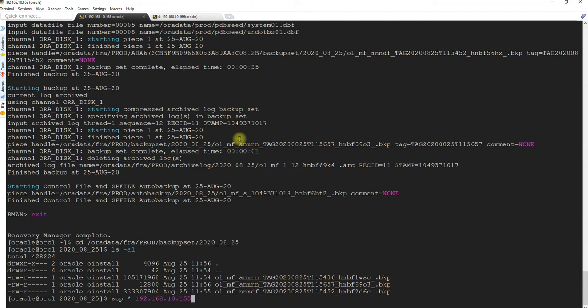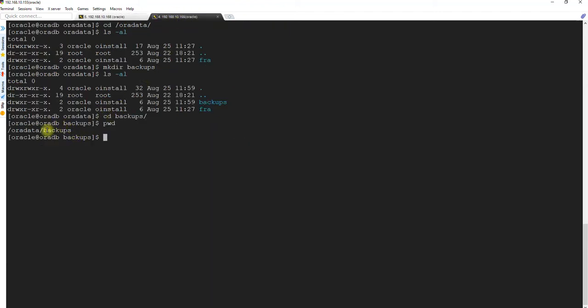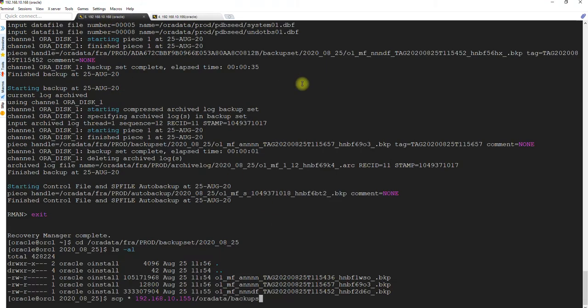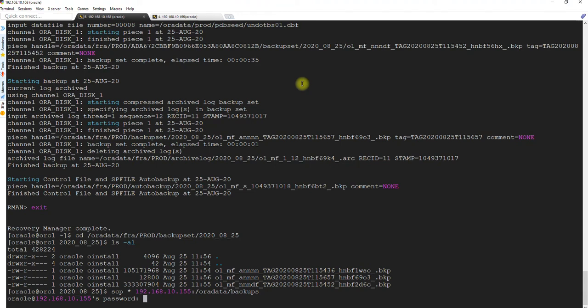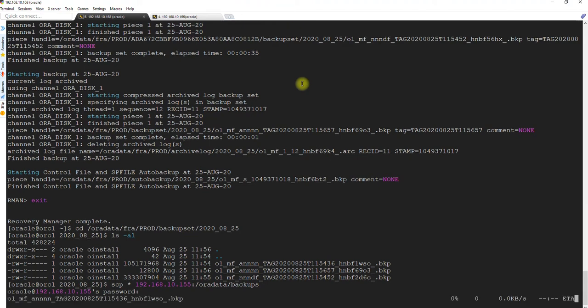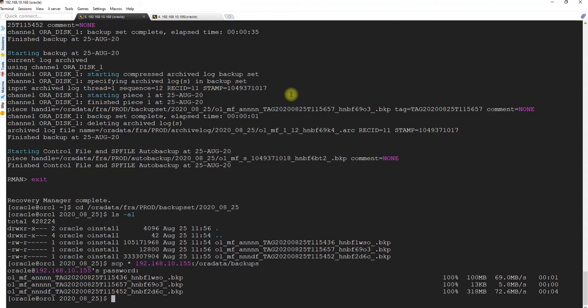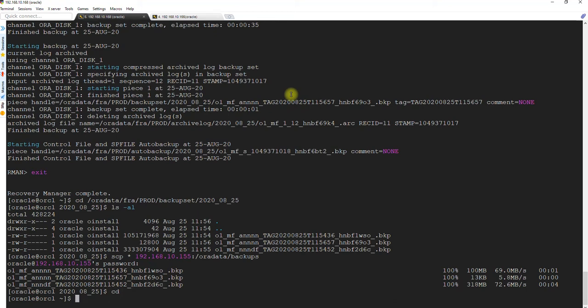192.168.10.155 colon, everything that needs to be transferred to this location. Enter the password, let it complete. This is completed. We'll go to the home directory again, and we will cd to